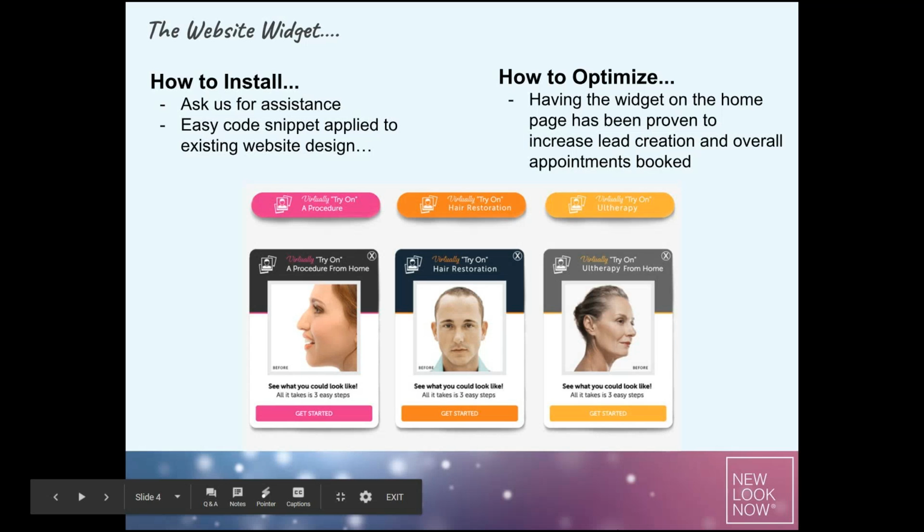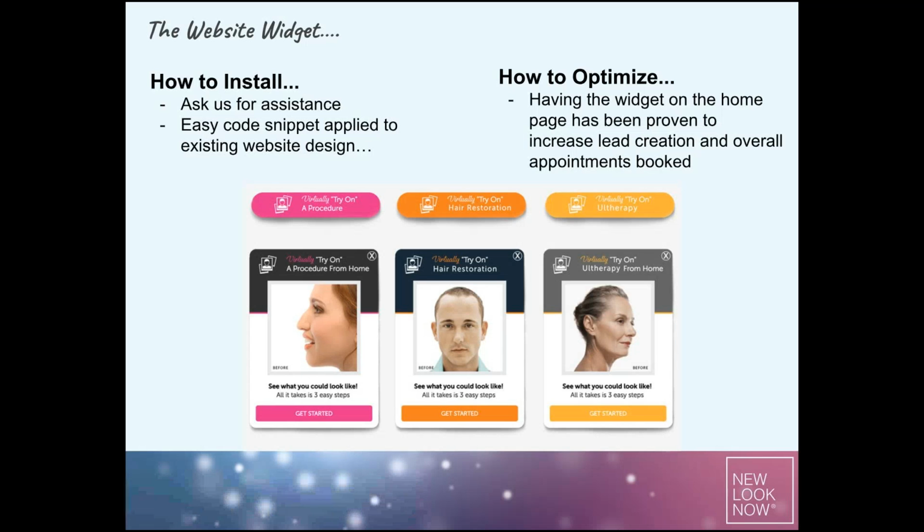Okay? The website widget: how to install and how to optimize. You can add the widget easily to any page on your site. It is the most unobtrusive and versatile way to add the visualizer as a call to action to any page that you see fit. If you don't currently have the widget installed, you can set up a meeting with me afterwards to discuss the installation process. Honestly, guys, it's as easy as just sending you a bit of code, and there's instructions, literally one sentence, that you'll just provide your website developer, and boom, it's on your site. Super easy. So yeah, you can always reach out to me afterwards, and I'll give you the code that belongs